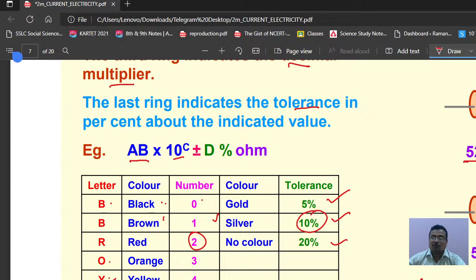Now go for the third color. The first is brown, that value is 5. Violet, that